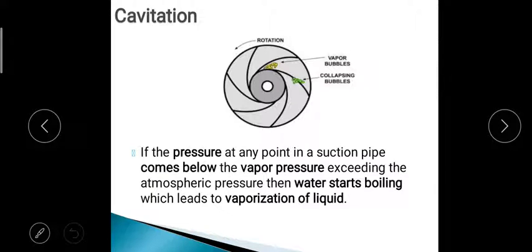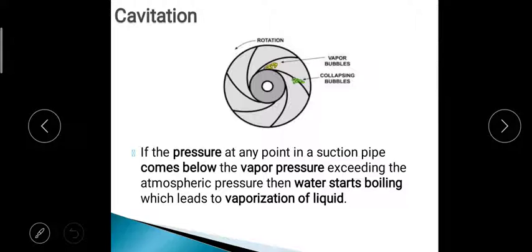Now the main part, that is cavitation. So what is cavitation? Cavitation is nothing but formation of cavities in the impeller or the centrifugal pump parts. Cavities are a type of holes, or it starts eroding and that forms a cavity. Cavity you might have heard somewhere, like a small hole created in that. We can say dental cavities, like that.